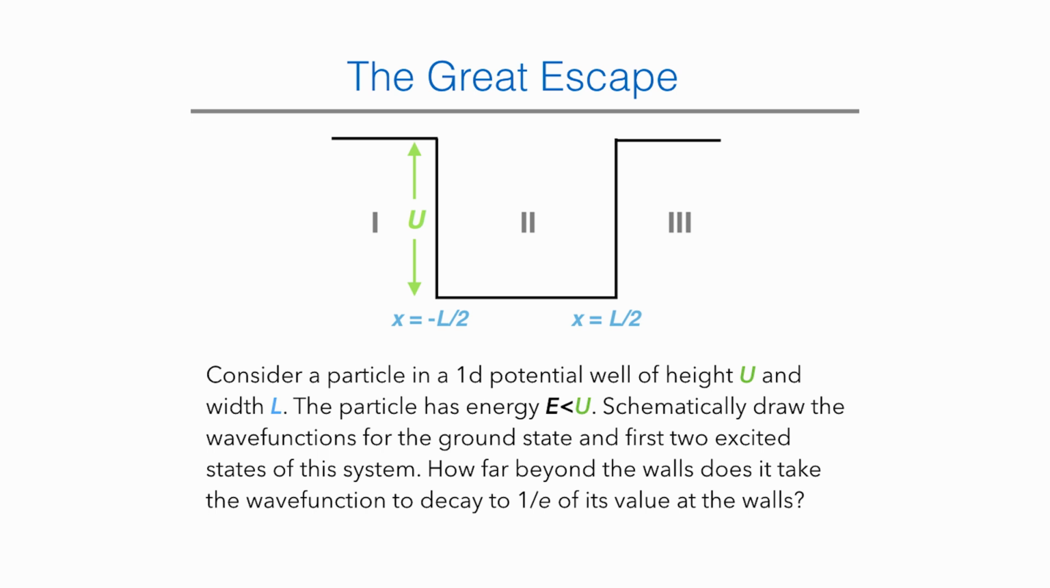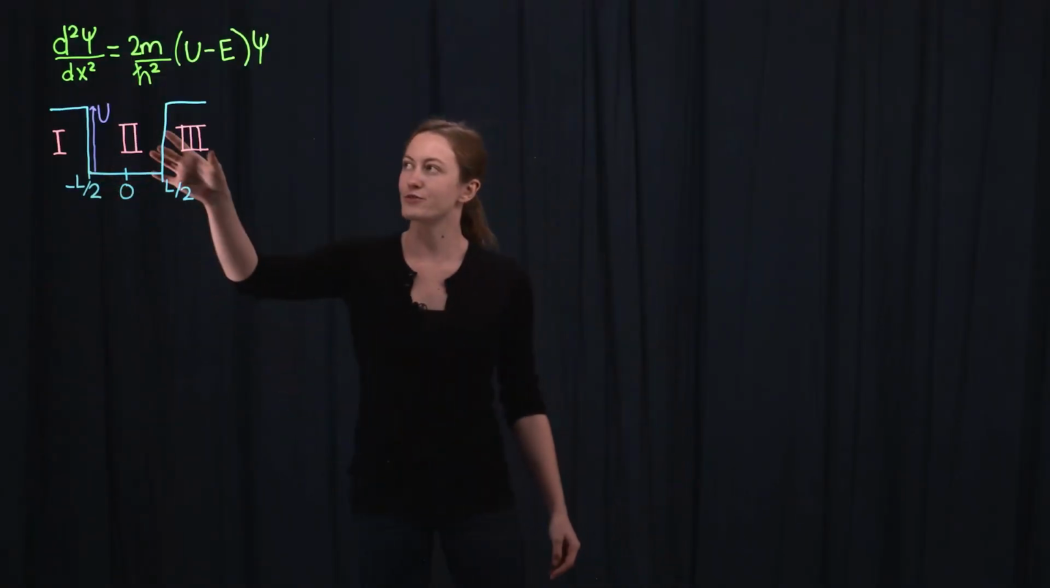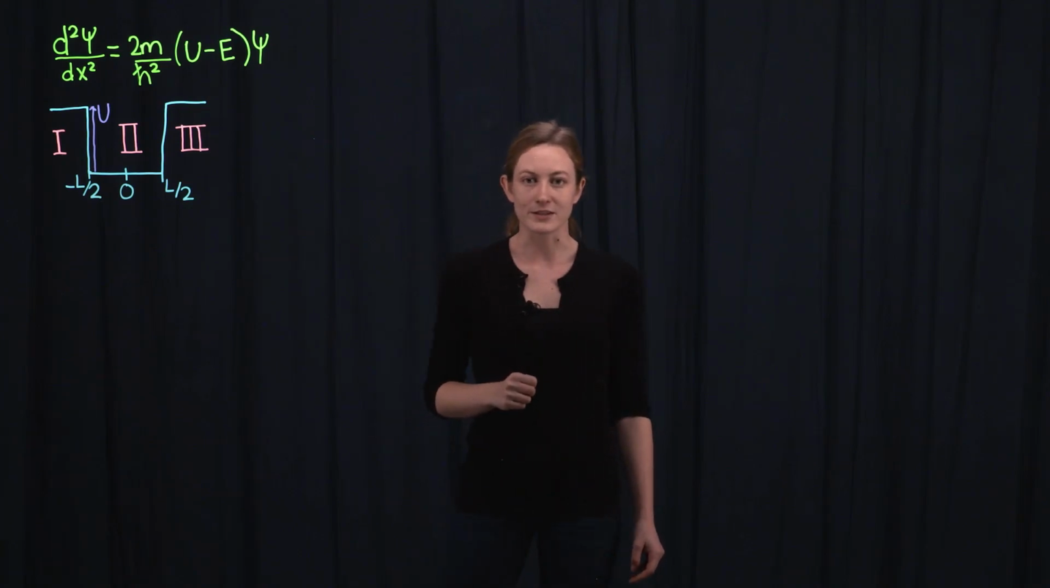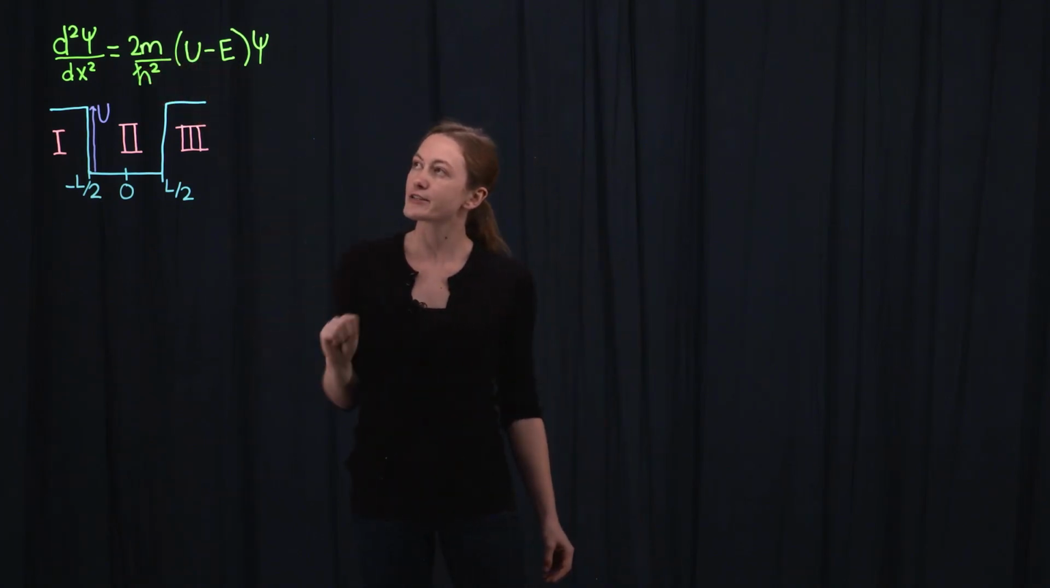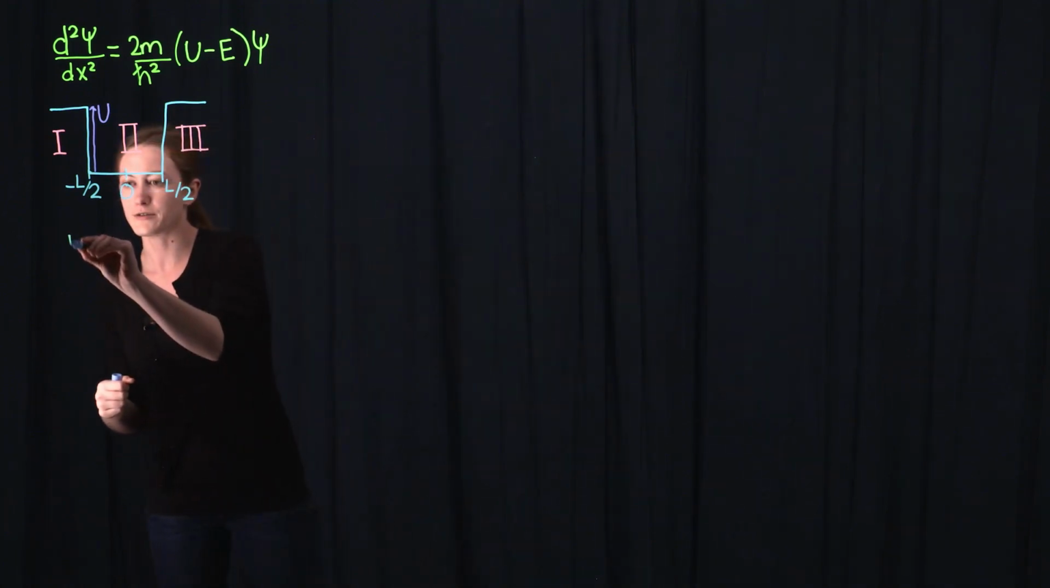How far beyond the walls does it take the wave function to decay to 1 over e of its value at the walls? We'll start by writing the form of the wave function in each region of the well. The spatial part of the wave function solves the time-independent Schrödinger equation, which I've written here. In the middle of the well, in region 2,